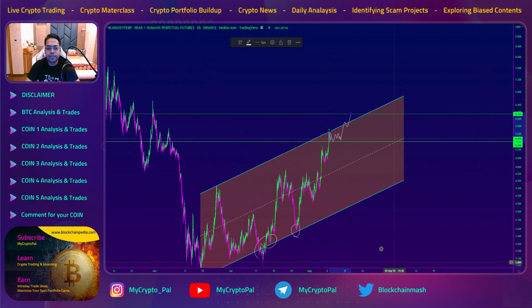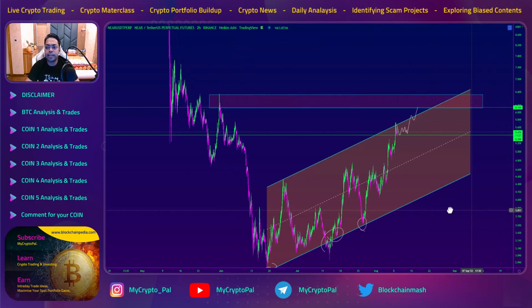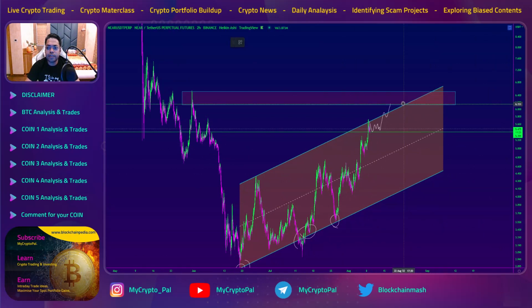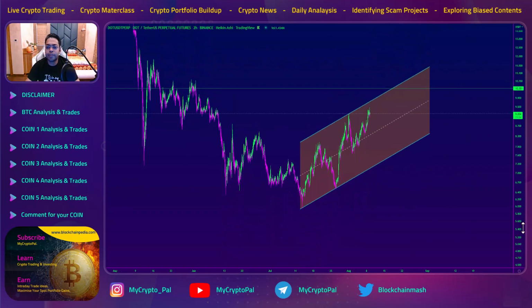Now this region will give a very good liquidity push for the market. Like you can see that a big wick over here. So I would want at least this whole wick to get recovered, and then I want price to go back down from here to test the bottom of the channels again. Yeah, so this is my NEAR plan, guys, and the next and the last coin will be DOT.